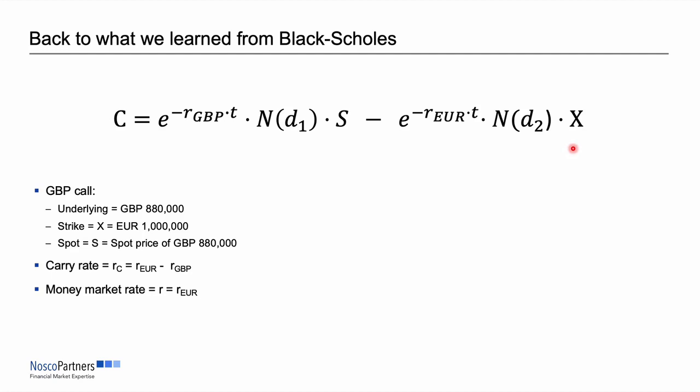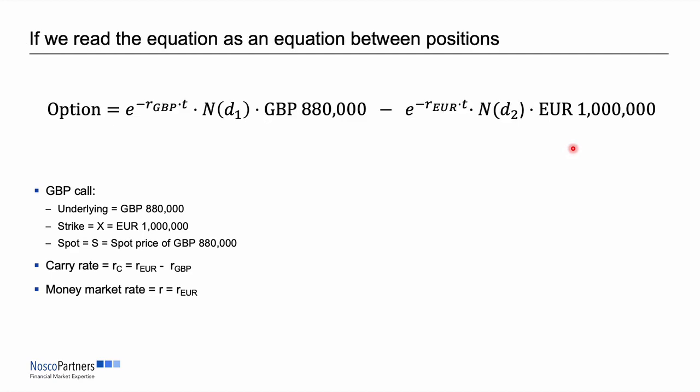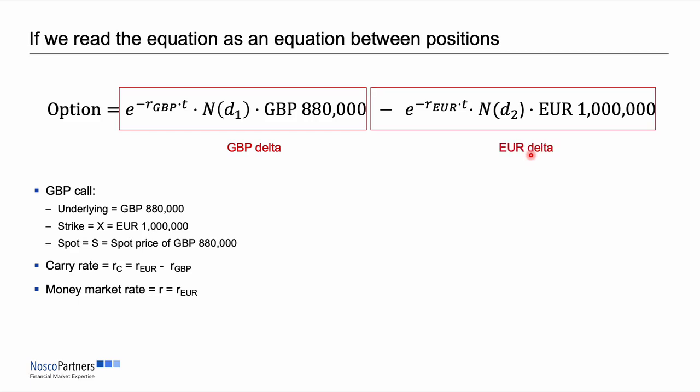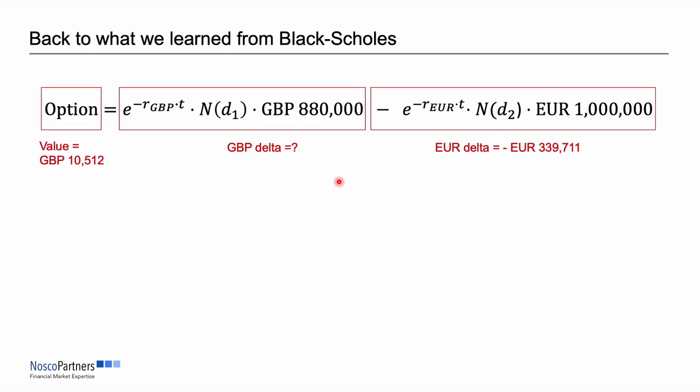So if I write the equation like that, I can now see that I have one part that is an amount in pounds and one part that is an amount in euros. So I can write the option as a position in pounds and a position in euros. And that's what we call the pound delta and the euro delta. And if we have written it like that, then the solution to the problem we want to solve is quite simple. What do we have? We have given the euro delta. The euro delta is